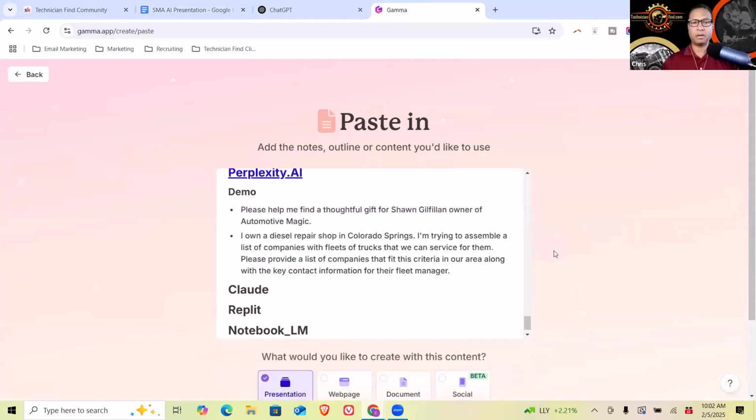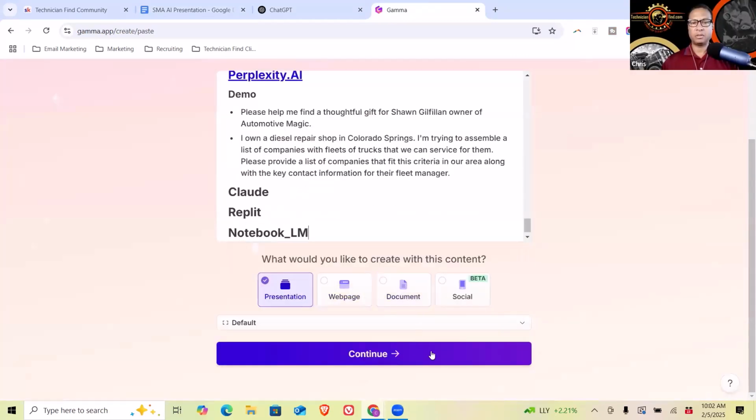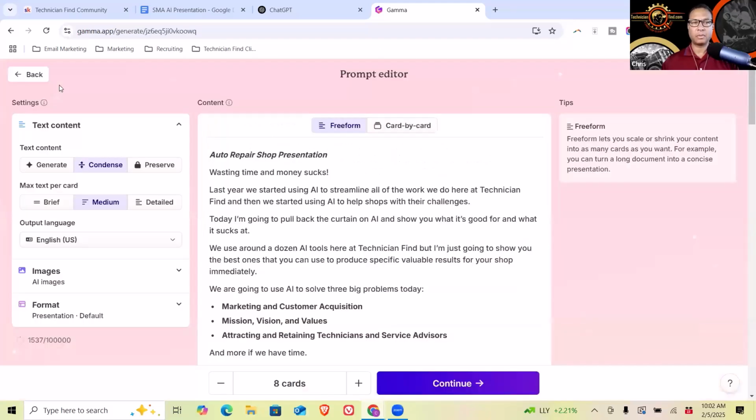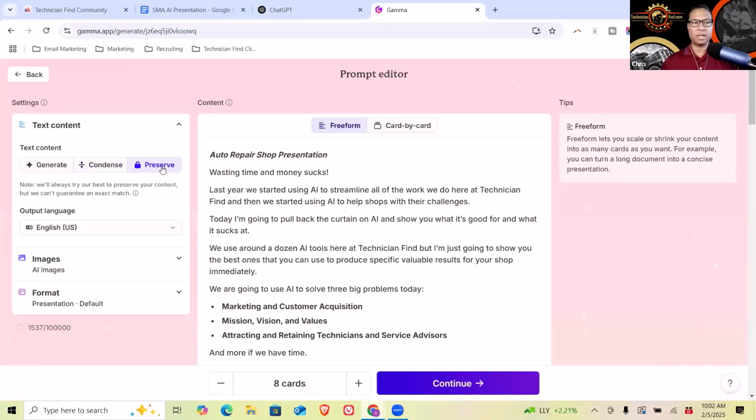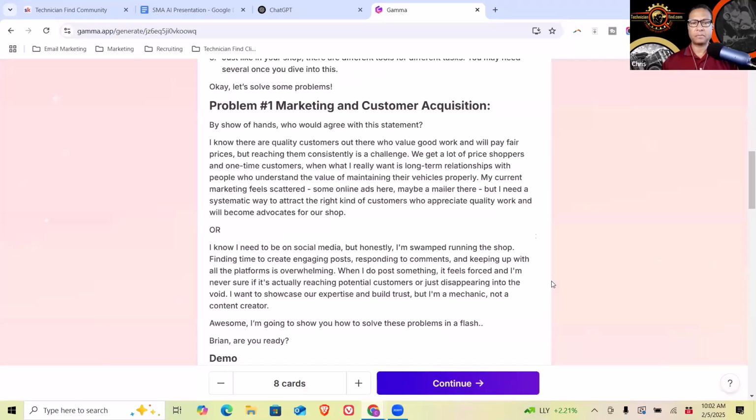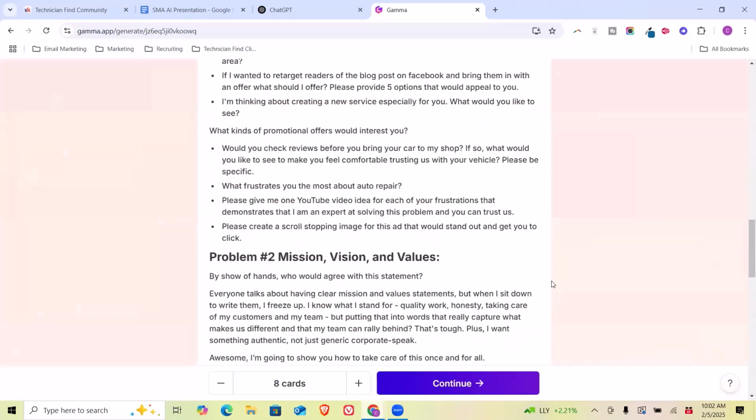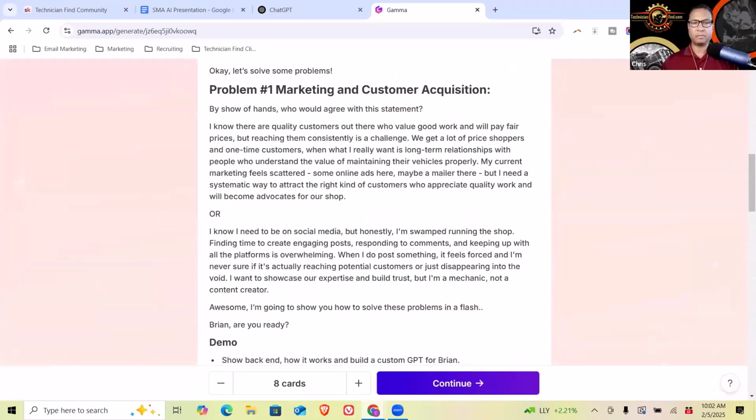So you just pop it in here, click presentation, click continue, and then preserve. That means that it's going to preserve all your content. And if everything looks good,